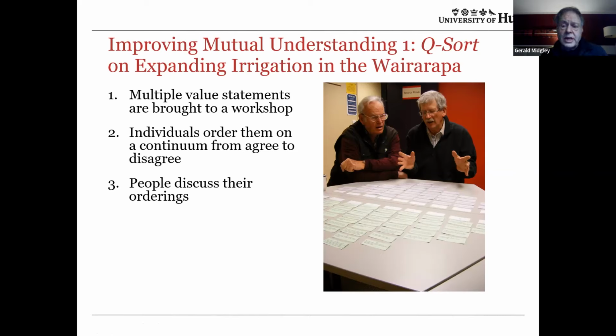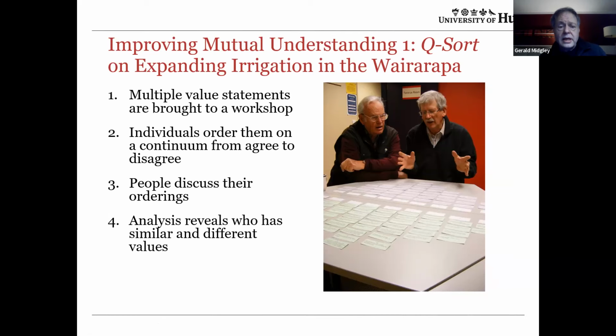Now, we did this qualitatively, which meant that the people in the room were circulated around and had discussions about their similarities and differences. That was enough to get them to see whether they had enough in common to be able to move forward. It's possible to do this